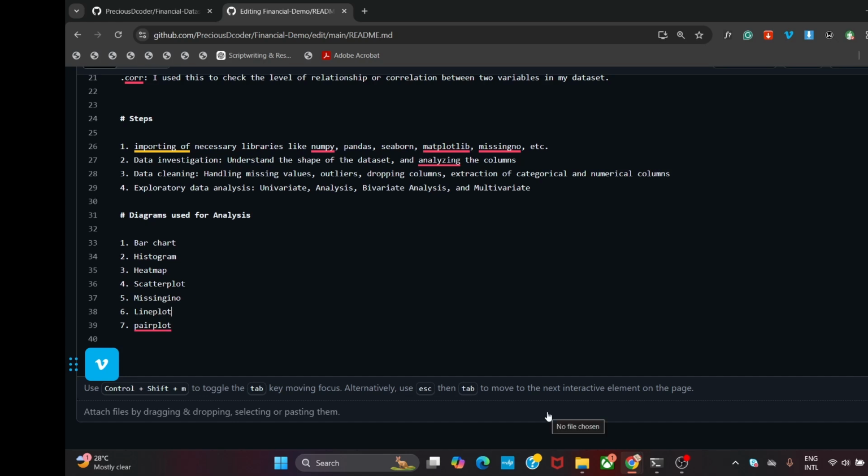In this diagrams used section, this is where you name the various diagrams you used during the course of your project. The next thing we are going to be looking at is